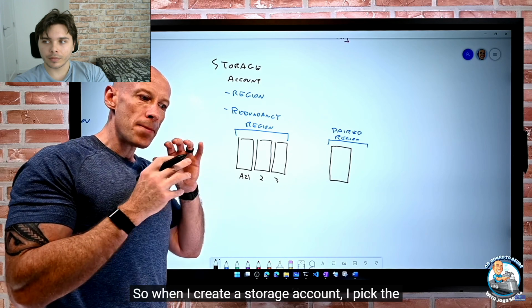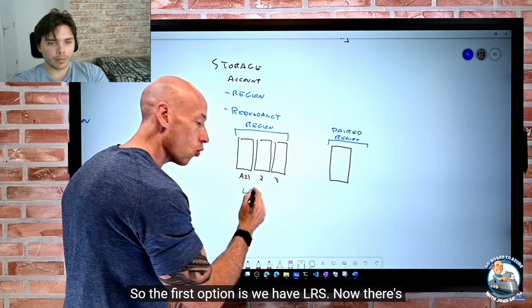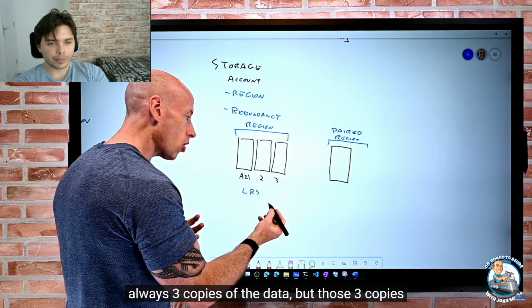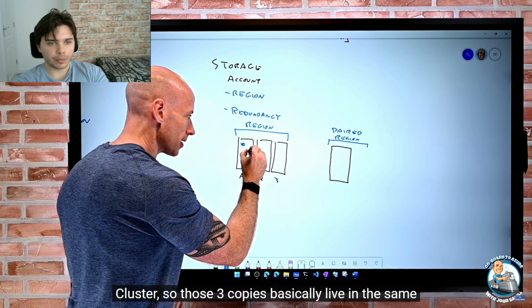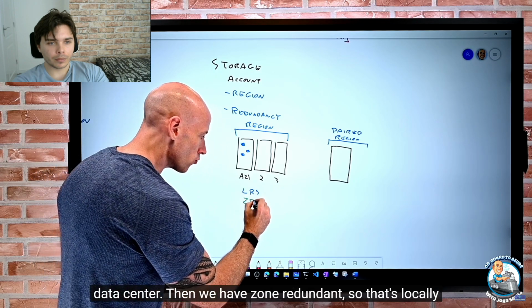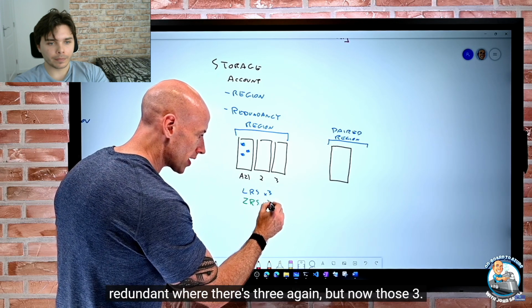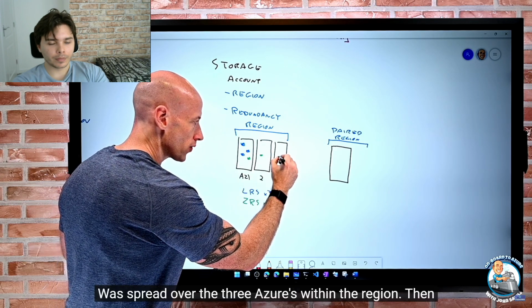So when I create a storage account, I pick the type of resiliency I want. The first option is LRS. Now there's always 3 copies of the data, but those 3 copies are within the same cluster. So those 3 copies basically live in the same data center. Then we have zone redundant. That's locally redundant, so there's always 3. Then we have zone redundant, where there's 3 again, but now those 3 are spread over the 3 AZs within